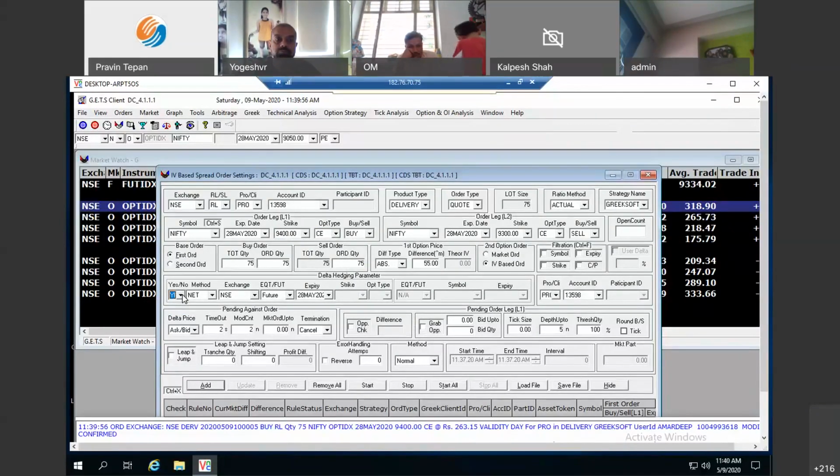When I say static delta hedging, that means while making this strategy, now, if I'm doing a 75-75, I don't think much of the delta would get generated since I'm buying one and selling one. So it will nullify most of the delta. But if I'm selling both the strikes, or buying both the strikes, or if it's in a huge quantity, in that scenario, while making this strategy, whatever delta is generated, I can hedge that delta using my delta hedging parameter. So I tell the system, while making this strategy, please hedge my delta.